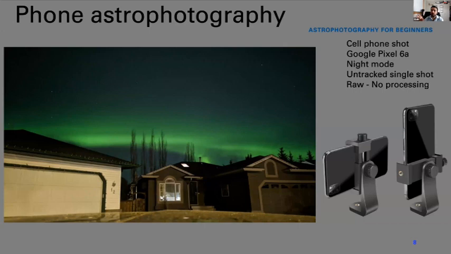But one useful gadget that I found for imaging with a phone, if you want to get a little bit more serious than just using handheld shots, is to get a phone adapter like this one. This is a 1/4-inch cell phone holder. This allows you to put your cell phone onto a regular basic photo tripod. So you probably already have a photo tripod for your camera. You can attach your cell phone to that, and that way you can get a more steady shot. You don't have to hand hold it for 4 seconds or however long the picture is taking.